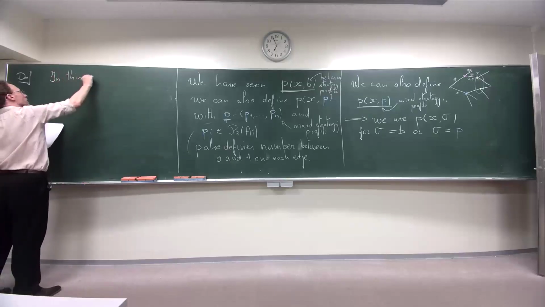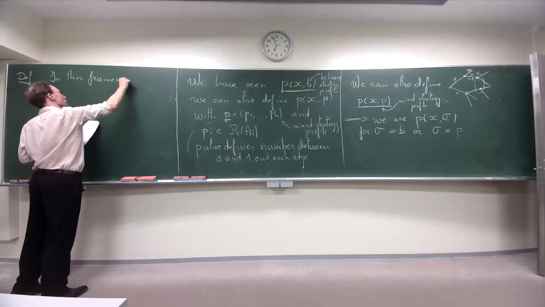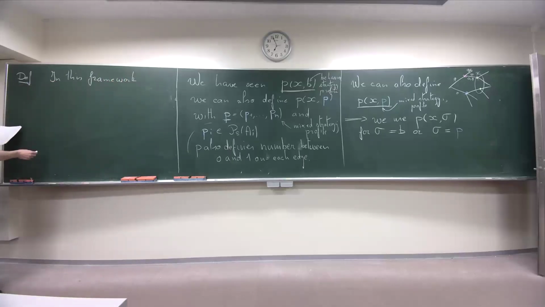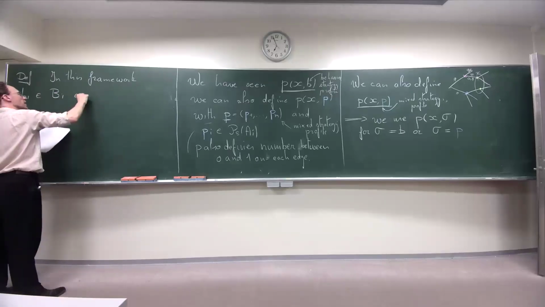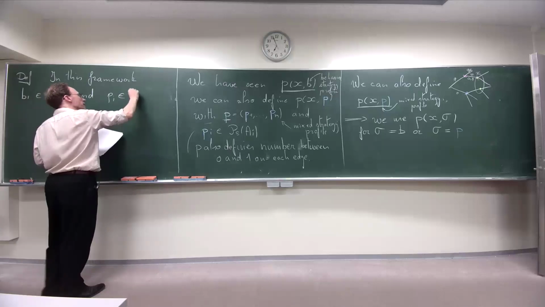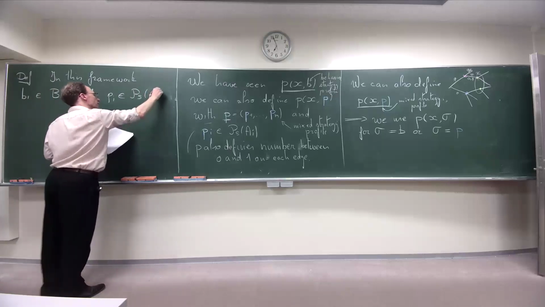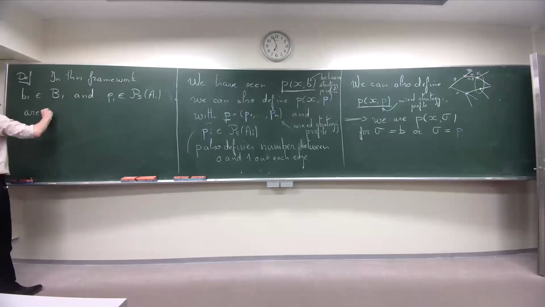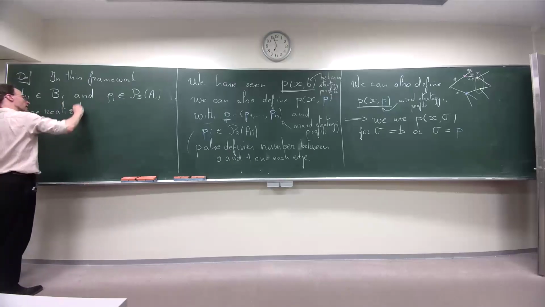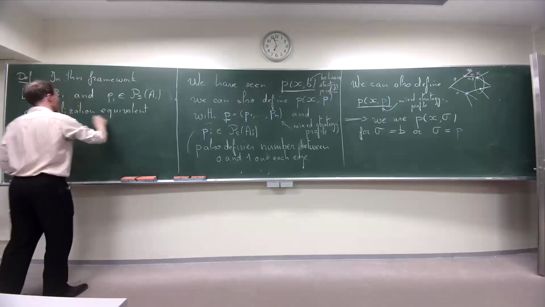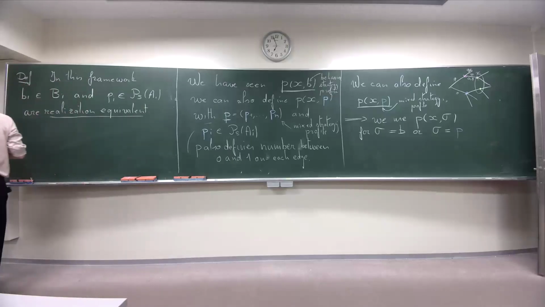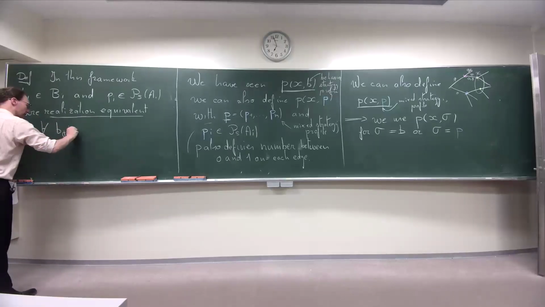In this framework, I mean in what I have introduced up to now, a behavior strategy and a mixed strategy are called realization equivalent if for any, I will explain, but